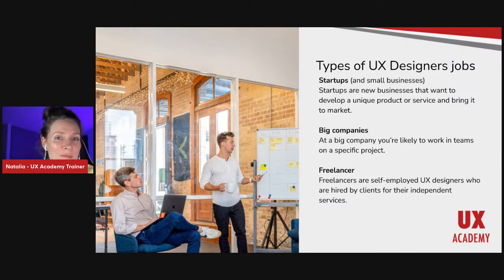But if you speak about big companies, right, the role is very defined, and there you will work on a specific project in a specific team, and you will work in a specific skill set. So if you are applying as a UX designer, you will work as a UX designer, and you will have a team. Highly probably in big companies it will be a team of UX designers, a team of UI designers, and you will all work in collaboration and together. That's a very interesting experience, same as working in a small company where you are responsible for many things.